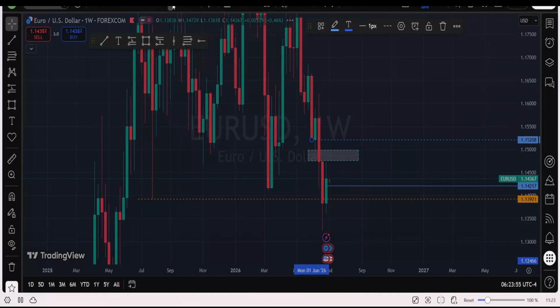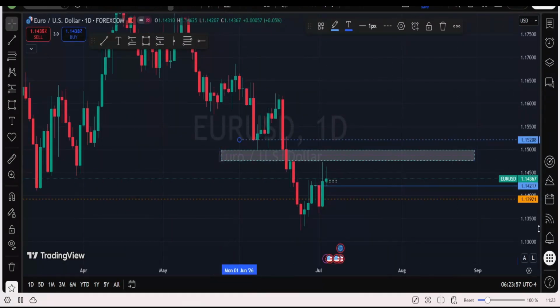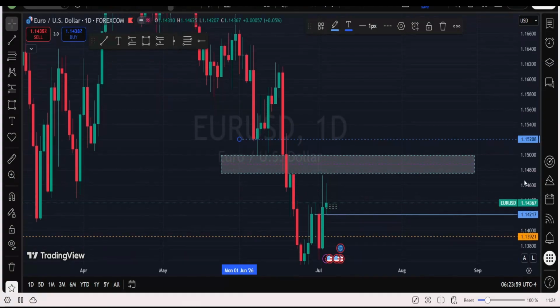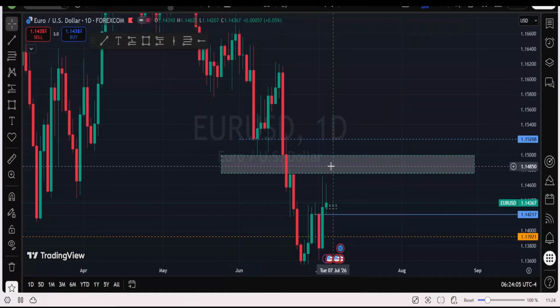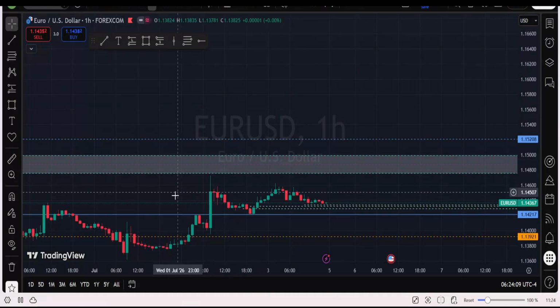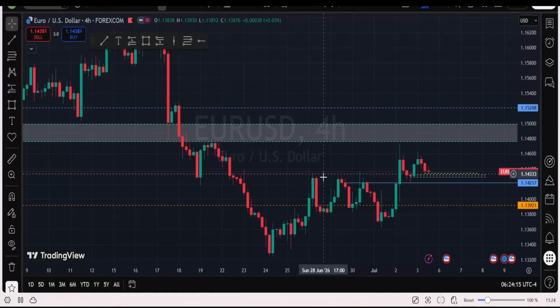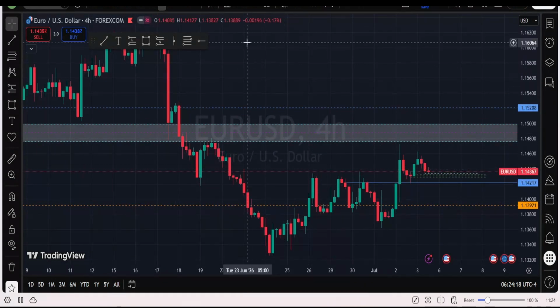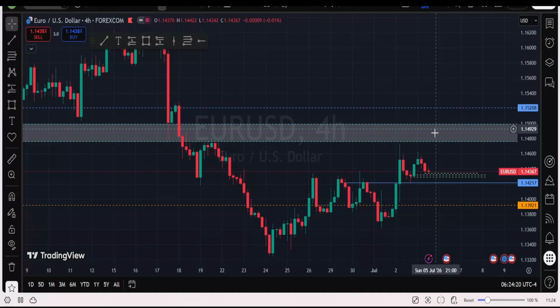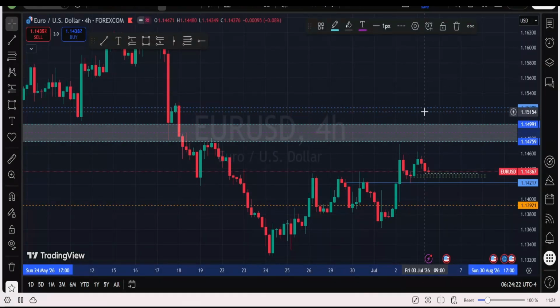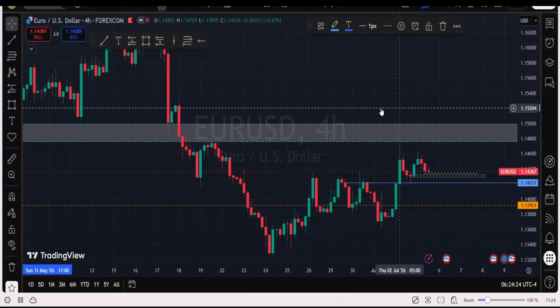So if we drop on the daily time frame on the Euro USD, this is what we had. Price got into that level. Was there any reason why price might not get to this level? I don't think so. So if we drop on a lower time frame, let's start from the 4H. Was there any trade drive pattern? Not really. So price might get to this level and might get to this level also, like we said.